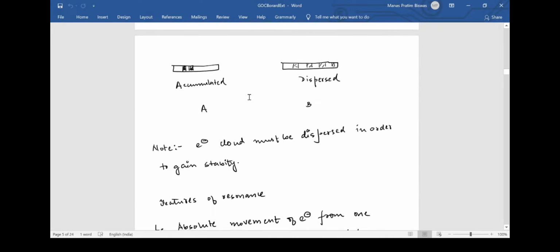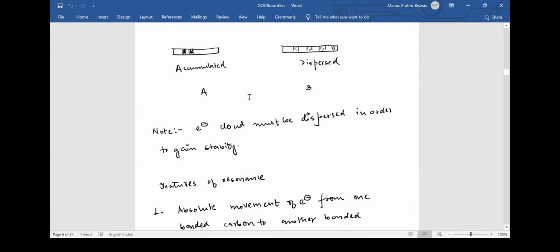So I think it is clear now that when you try to compare stability, one of the deciding factors would be how dispersed the electron cloud is. Here we no more talk about a single electron. We all know that an electron as a specific point cannot be identified due to Heisenberg's uncertainty principle, and later we came to know through quantum mechanics that electrons are not discrete, they are electron clouds and probability. So basically you have to consider an electron cloud, and that is the reality. The electron cloud should be dispersed in order for the system to get stabilized.